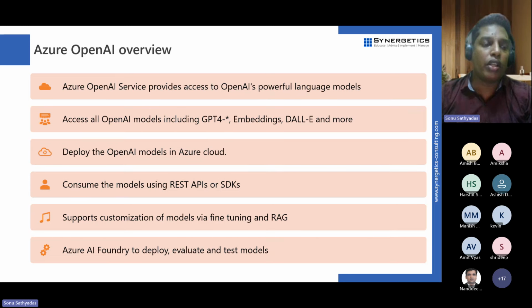So that means you can deploy any generative pre-trained transformer model. It may be GPT-3.5, which is a completely text-based model, or a GPT-4 model, which is a multimodal model, for creating the